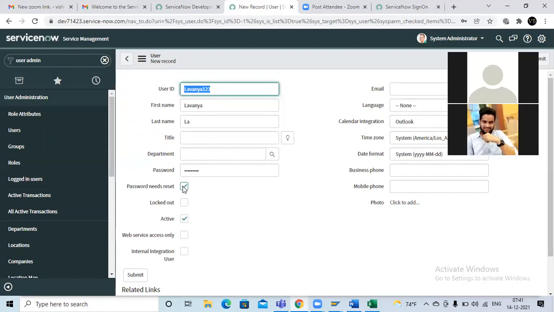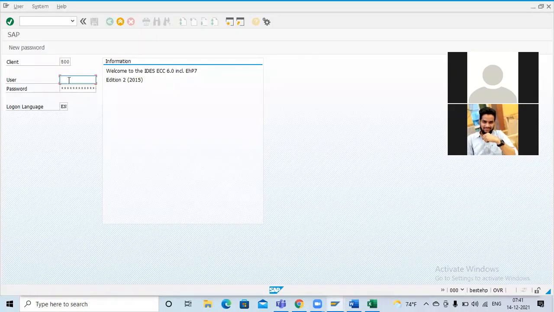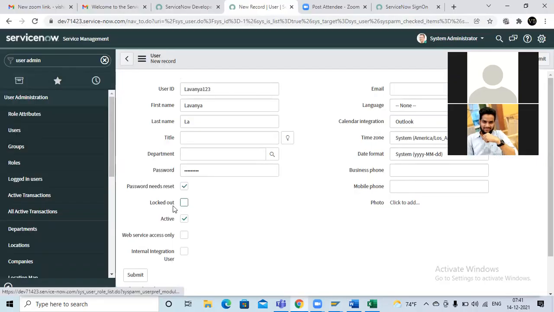Okay, the next one is the locked out option. Locked out means, suppose here a username and password is there, and sometimes we forget the password and enter the wrong password every time. Most companies follow this locked out process. Even SBI bank and SAP also, if you enter the password wrong more than 3 times, your account will be locked for some time. So automatically if you give the wrong password more than 3 or 4 times, it will go to locked out.